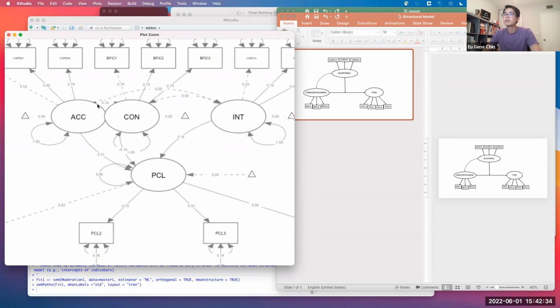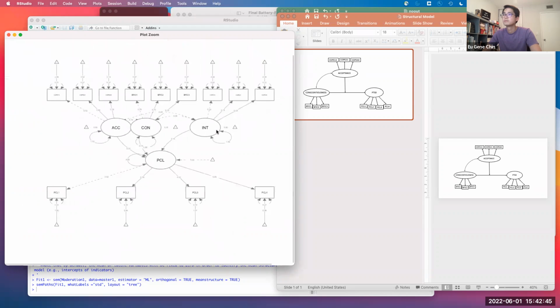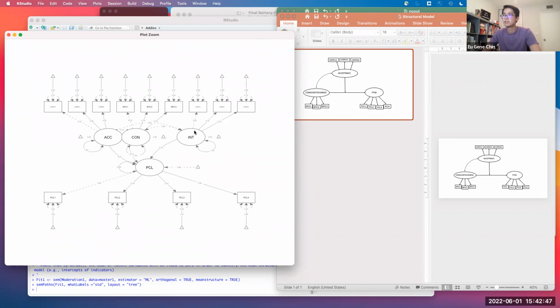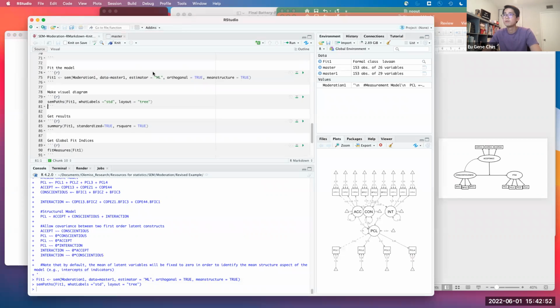You can see over here that there's a covariance between acceptance and conscientiousness, just like what we specified, but the other covariances are 0. So this looks good. This is exactly the types of parameters that we want to estimate.